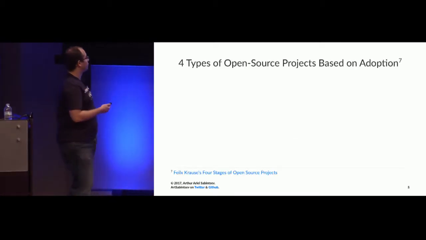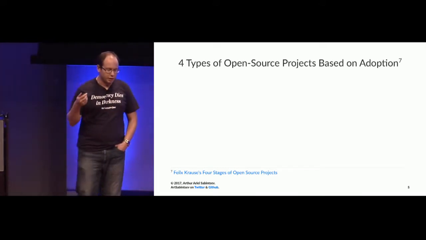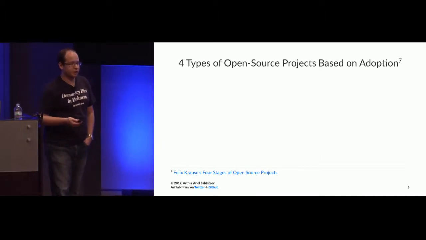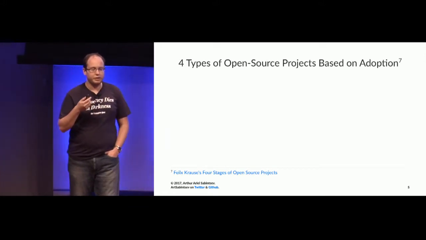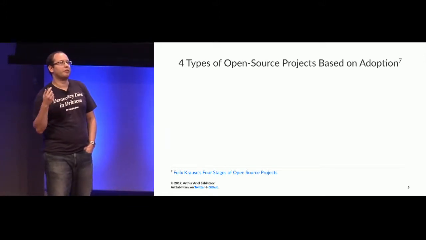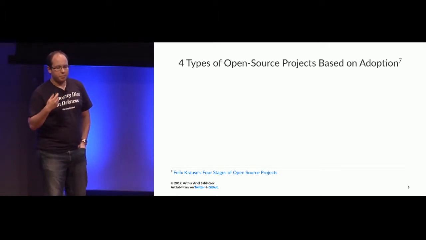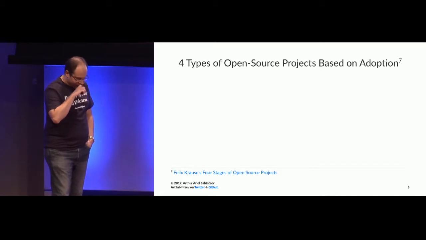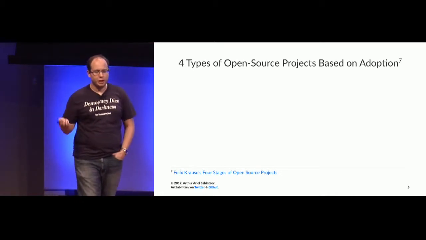So Felix Krause, the creator of Fastlane, which was owned by Twitter, now owned by Google, gave a similar talk a few months ago at Try Swift. And he defined open source projects. There are four levels or four stages. I've adapted his slide here, and I've slightly shortened some of what he said, because I want to get a specific point across. So there are four types of open source projects.